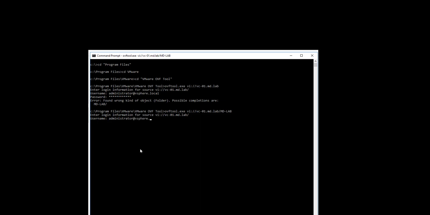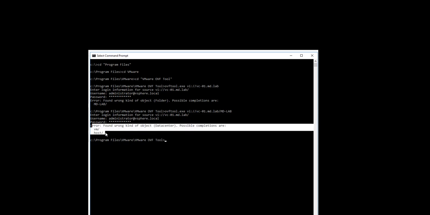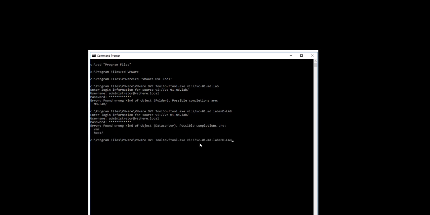We can type the data center, and again enter the username and password of the vCenter server. Again, it will show the information about the further location, which is like VM or a host. Basically we want to get the information about the virtual machine so that we can export that particular virtual machine to an OVA or OVF format, right? It again gives the possible completion as a virtual machine or host. So we have to again type the data center name slash VM and enter the administrative credential. This is going to list all the virtual machines running on my vCenter server.